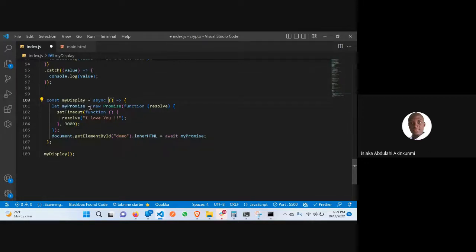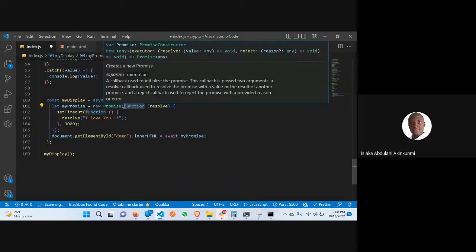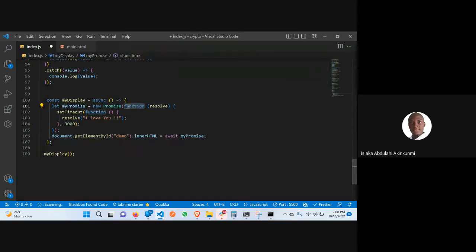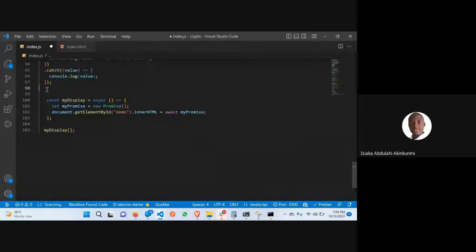But now look at this promise. If you take this function here, you see the same thing now. Let me comment it out. This is the function here, and this is where it ends. I can cut this out, and I can write const my